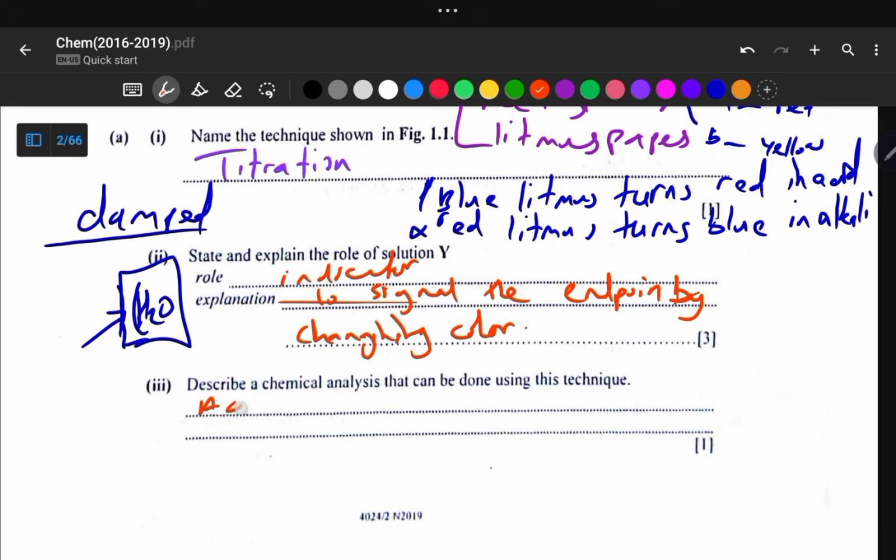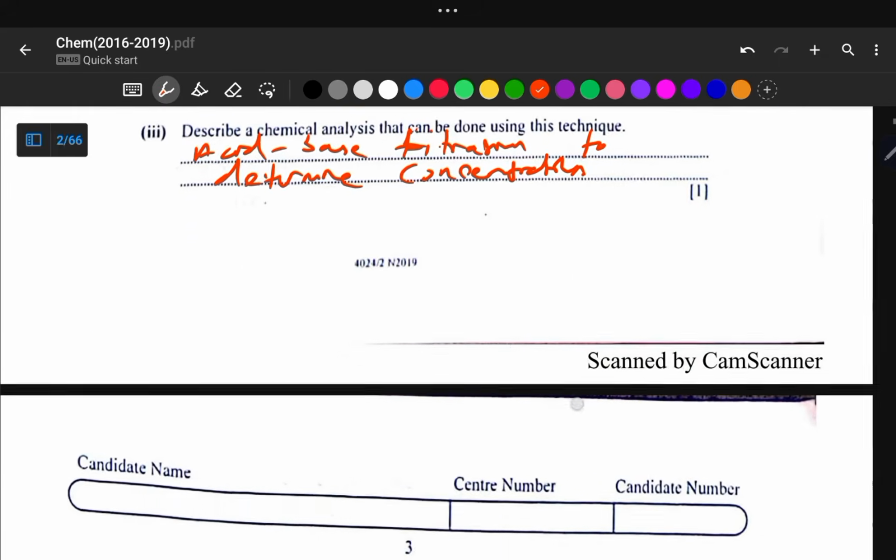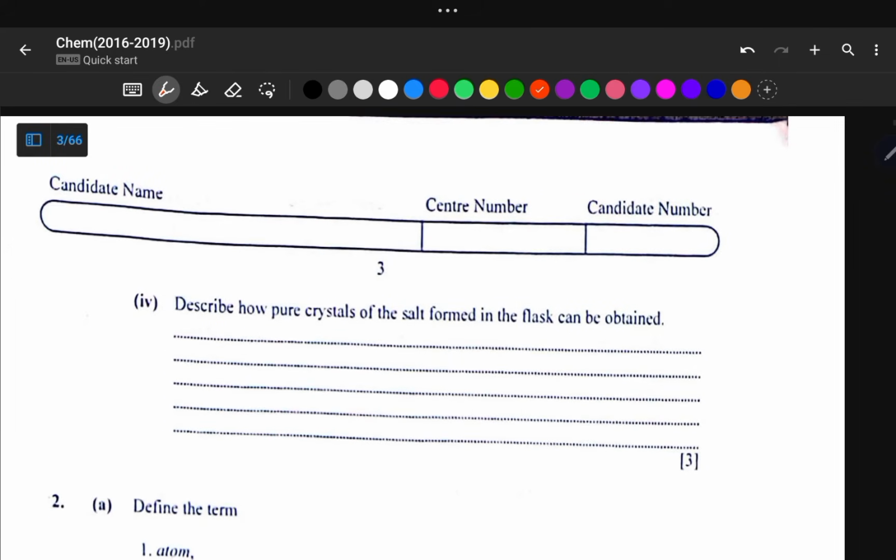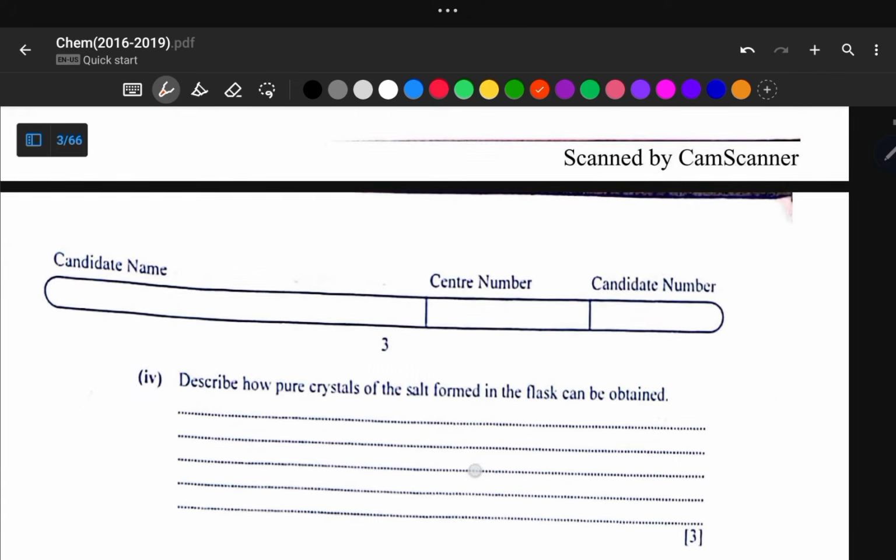So we've got acid-base titration, right, to determine concentration. And then we are on this question which says describe how pure crystals of the salt formed in the flask can be